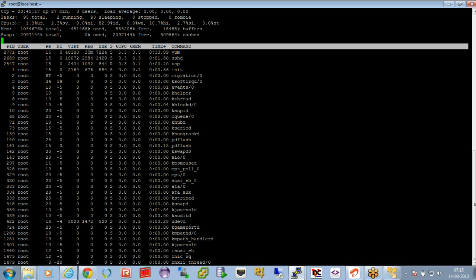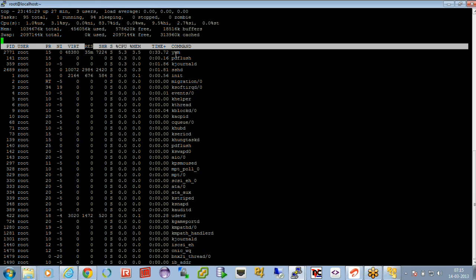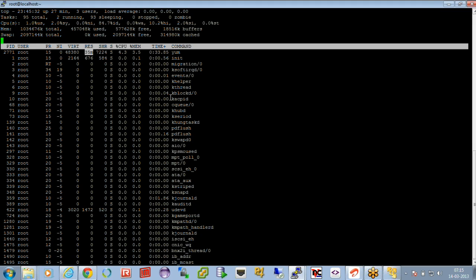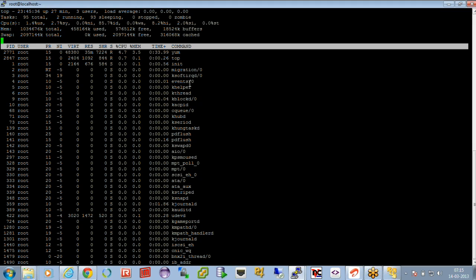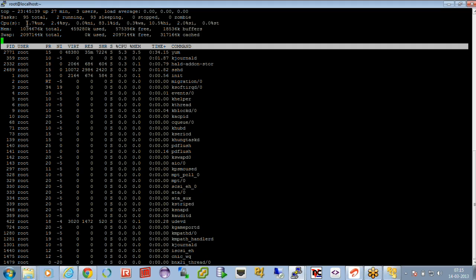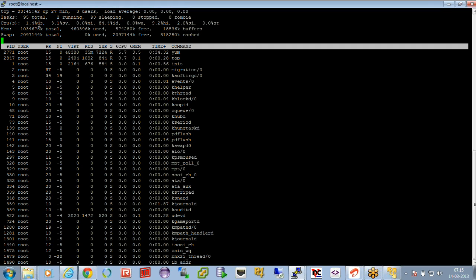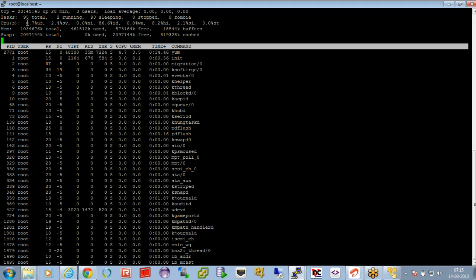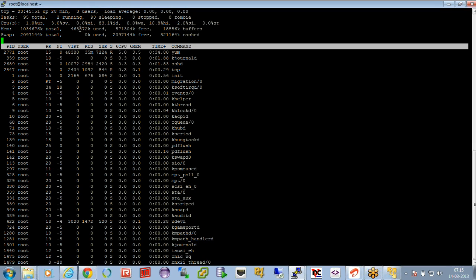Okay, so you have to see even this resident column. This will show how much RAM is occupied on your machine by this particular process. It's occupied about 35 MB of RAM space. Okay, so that is one. Here it will show the total CPU utilization. And this is again memory: how much total you have, 1 gig, how much is occupied,